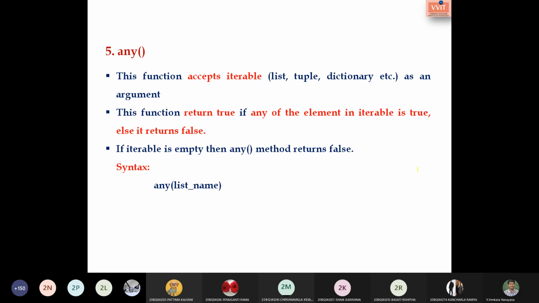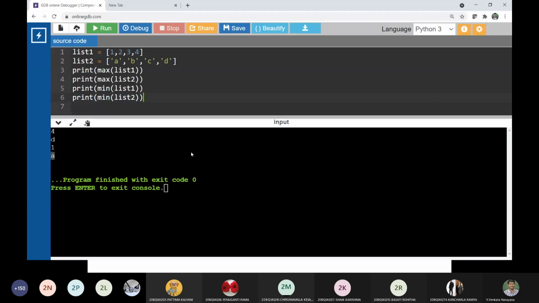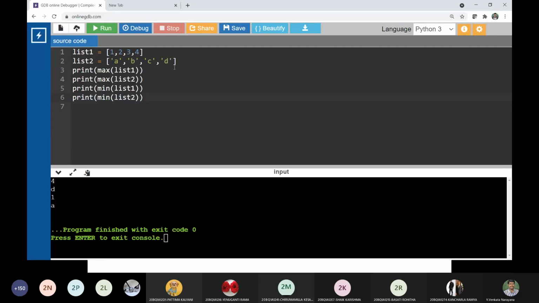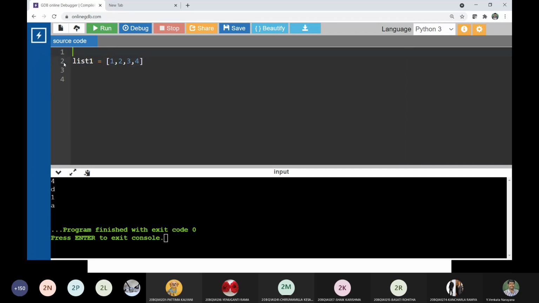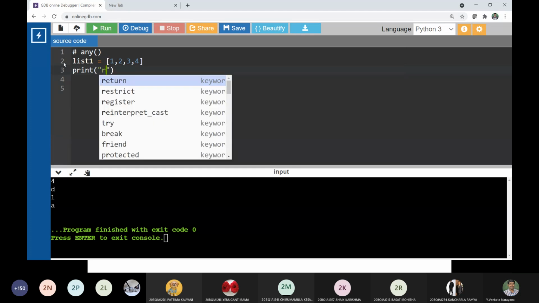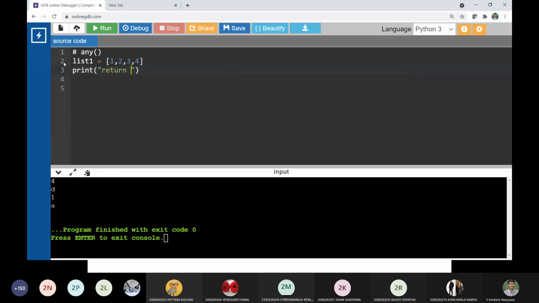Shall I go with the execution? See here, for the any function I have taken a list1 with the values 1, 2, 3, 4. What is the return value?